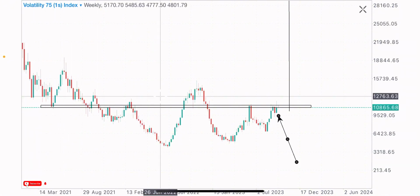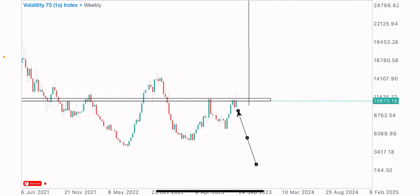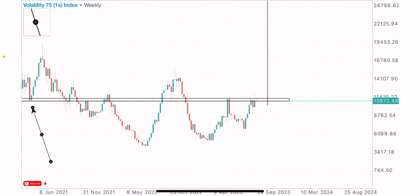On the 2nd of May 2021. It's been 2 years now of this level being formed, and the market is yet to break out of this level. When this level was reacted on the 21st of May, right, this level was a support here. The market bought from this level as a support,